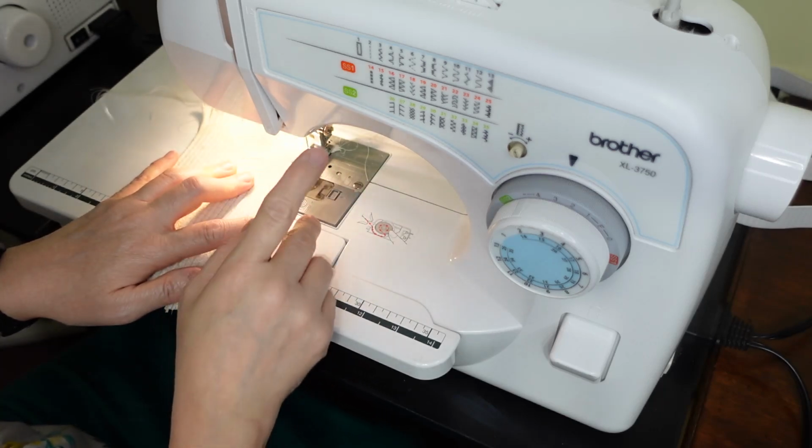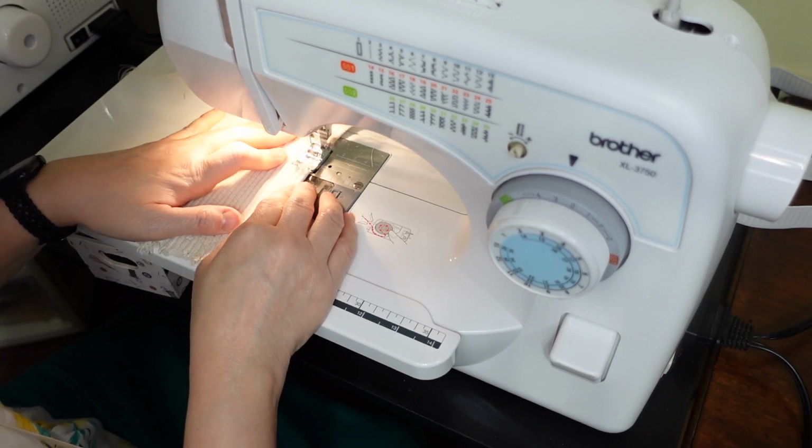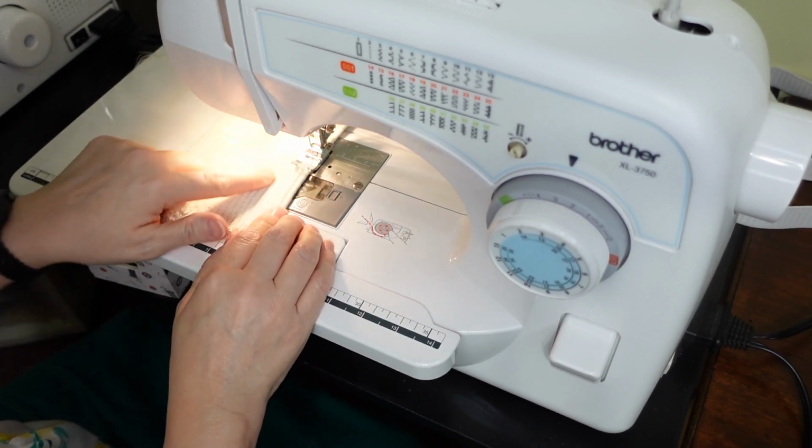Okay, now I am putting the last one on, and don't forget when you do these, back stitch all of